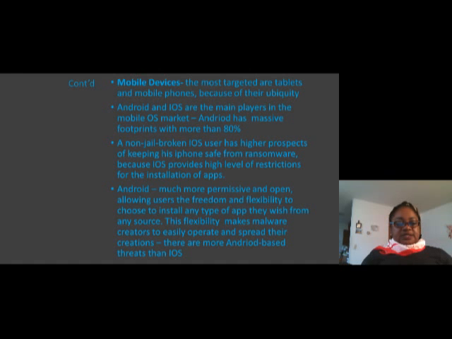This flexibility makes it easy for malware creators to operate and spread their creations within the Android system. There are more Android-based threats than iOS.